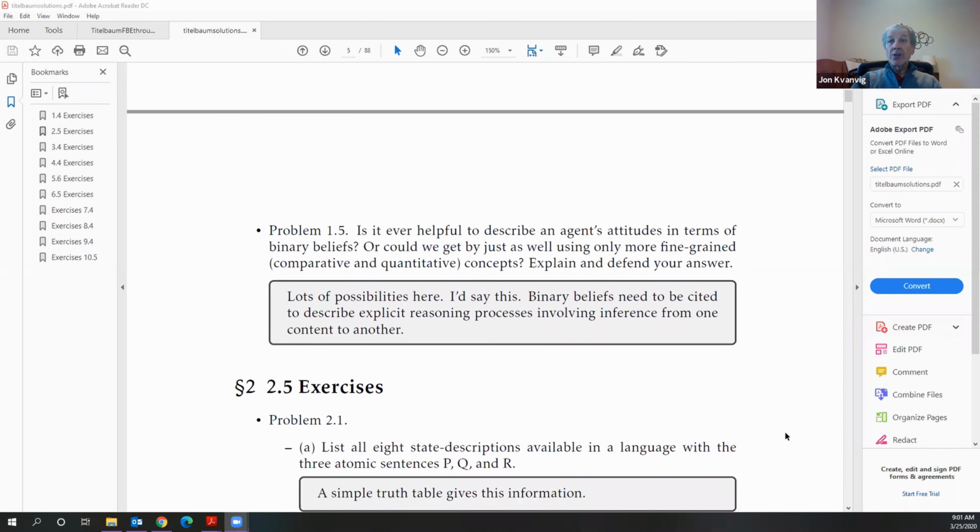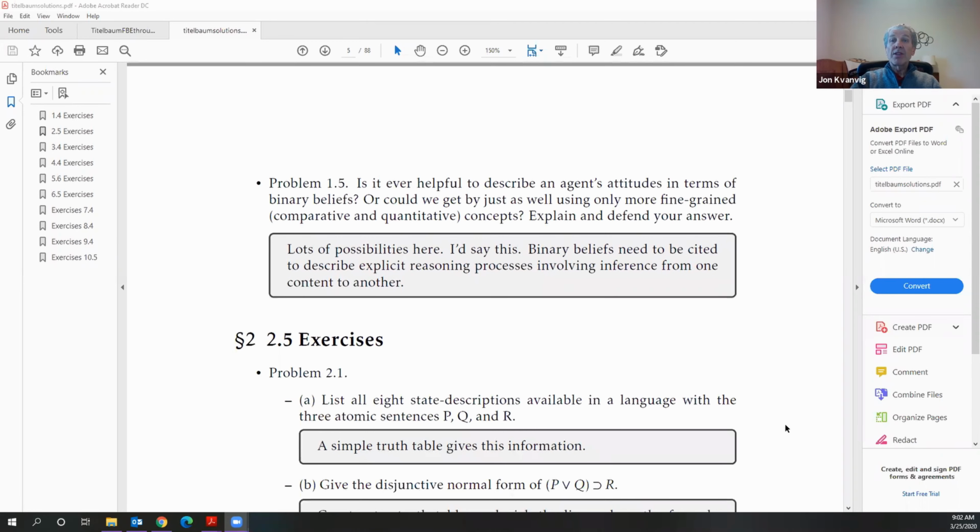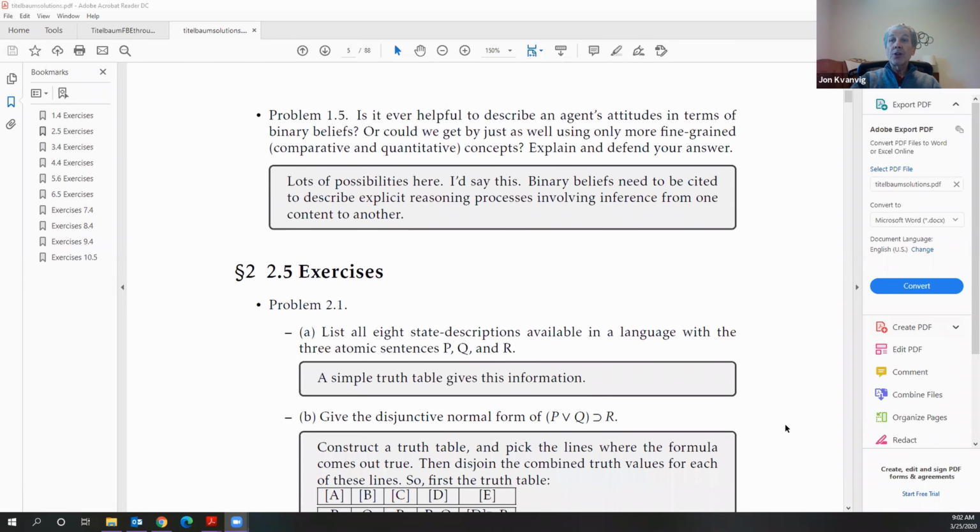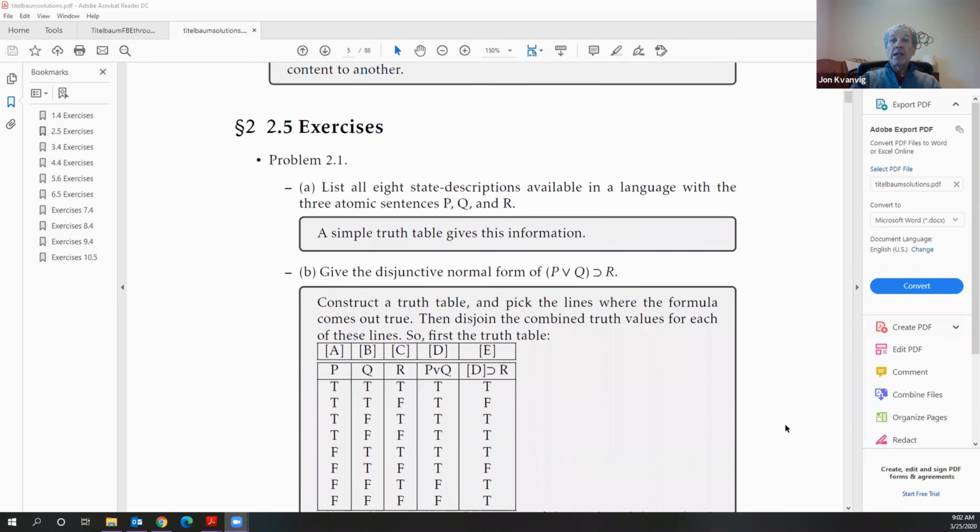So the answer to the first one is, you can construct the truth table if you want, but I just point out a simple truth table gives this information. And then in answering B, I actually construct the truth table. So we're supposed to give the disjunctive normal form of P or Q implies R. So first, construct a truth table. Now, what I did here, I construct a truth table. So the first thing I do is